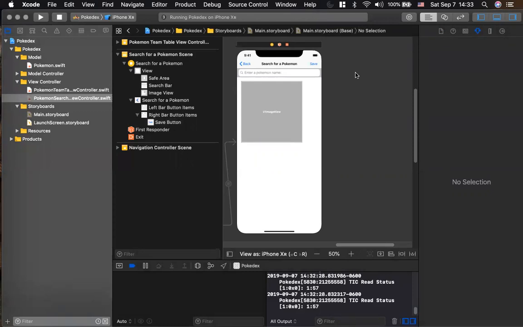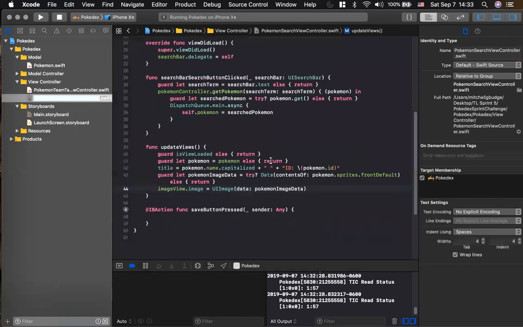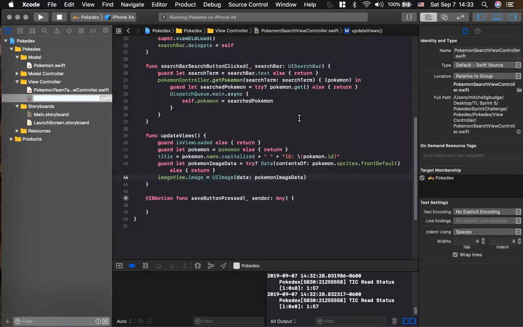go away. Yeah. But I mean, if the Pokemon hasn't loaded yet, do we want them to be able to save something that's not even there? Oh no. So then we would wait till it loads in. Yes. So that's a really cool, easy way to update. As soon as we get some information about this, we can make sure that this save button is shown. So what I'm actually going to do is make a separate method because